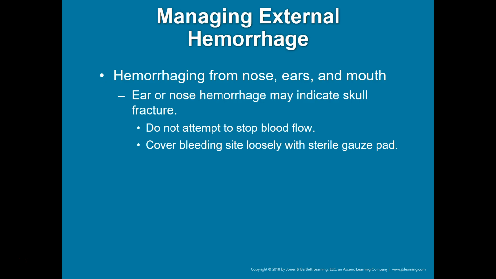Also, talking about trauma, skull fractures. So if you have a cribriform plate fracture, for example, you're going to have CSF and bleeding coming out of the nose. But if you have a basilar skull fracture, you're going to have CSF and bleeding coming out of the ears. Is it important to differentiate a basilar skull fracture from a cribriform plate fracture? Probably not. But is it very serious to identify CSF bleeding from these locations? Absolutely. There are multiple protocols around the state that indicate a skull fracture of any type as a priority 1,